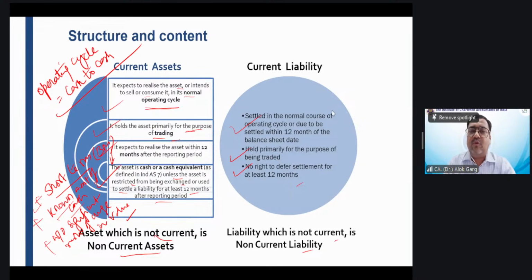The company took a loan from SBI, it has to pay in April 26, and the agreement with ICICI Bank was done before March. Before 31st March 26, the company has entered into an agreement with ICICI Bank. ICICI Bank will take over this loan in April 26 for a period of 3 years. On 31st March 26, whether this loan will be current or non-current.